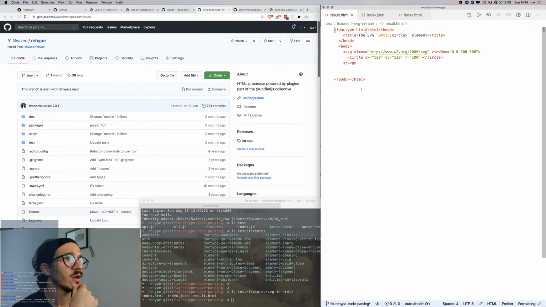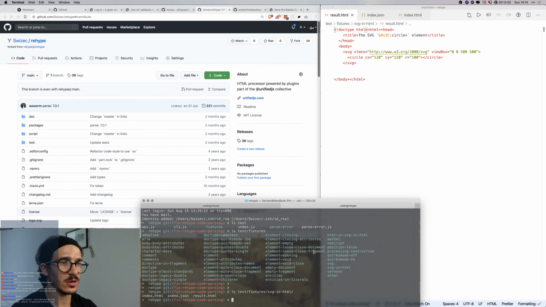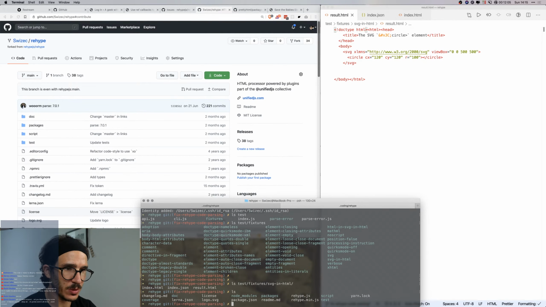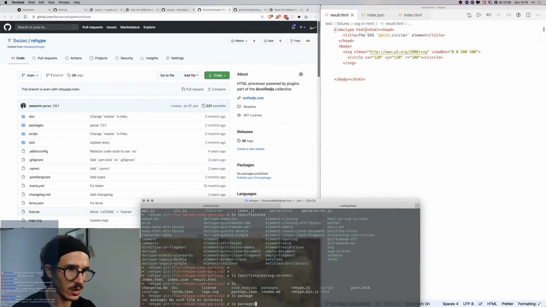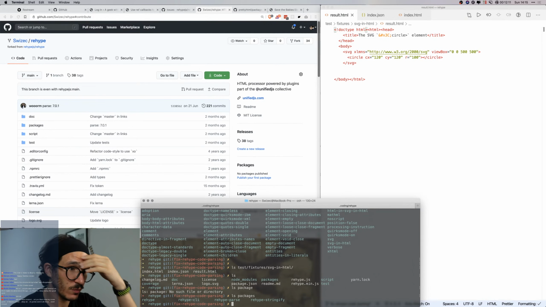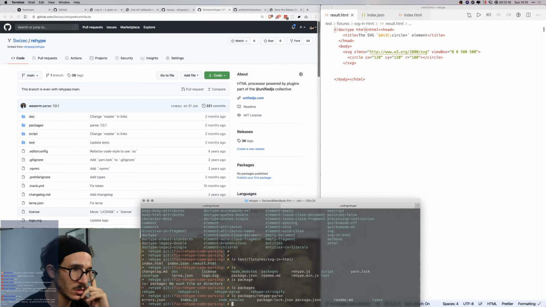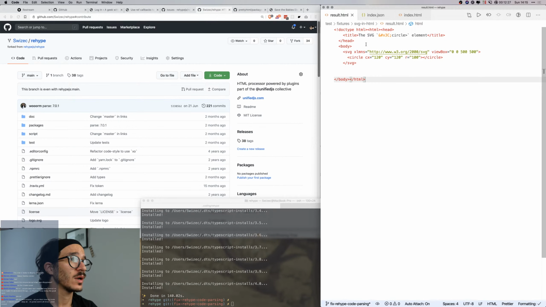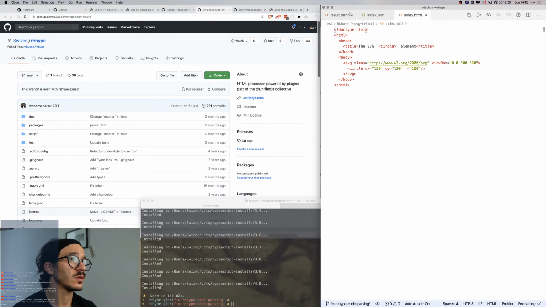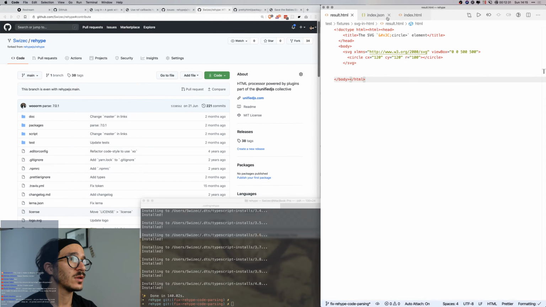Okay, so this is what the parsing does. If we look at packages, what do we have here? ls packages, we have Rehype and Rehype parse. What does Rehype parse do? Errors JSON, readme MD. Okay, so I don't really know where this gets parsed, but I'm going to take this. We need it to basically parse itself nicely.